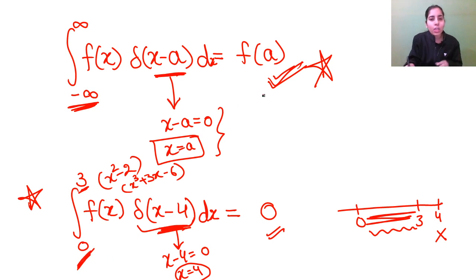If yes, then you will use exactly the same property. If no, you will directly say it's going to be equal to 0. I hope, guys, it will be clear to everyone. We will also do more questions, but let's talk about more properties first. And if you have any doubt at any point, you can just mention it here and I will consider that. Clear? Next, if I'm going to talk about more properties, that's going to be the next one, which is